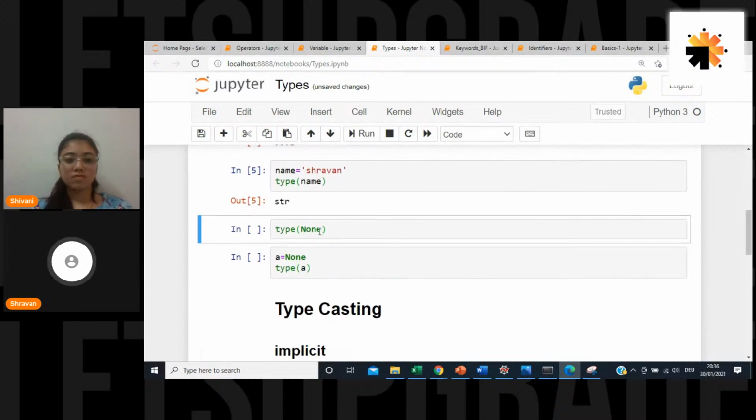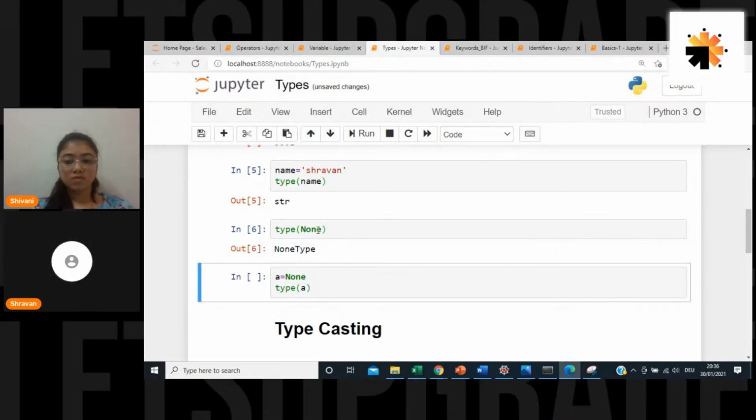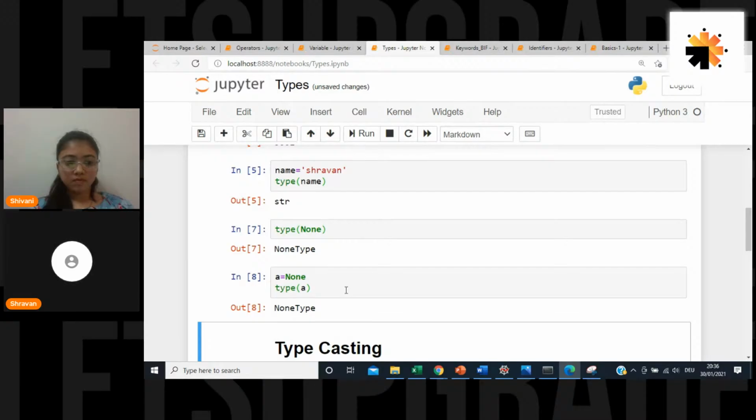But one interesting one is that there is another data type, it is None. Suppose I just go ahead and check it, None is nothing but the NoneType. We will be using this a lot to validate our code. Suppose our function is not giving any output, then it will be a NoneType. This is a check. And suppose I assign a is equal to None, then I check it, you people can see it is NoneType. It is very simple, so I don't want to waste your time.